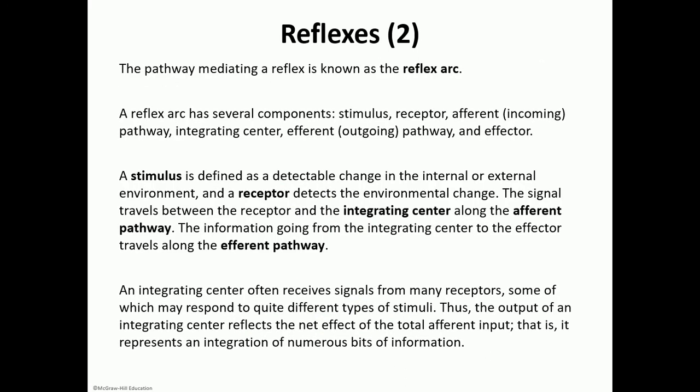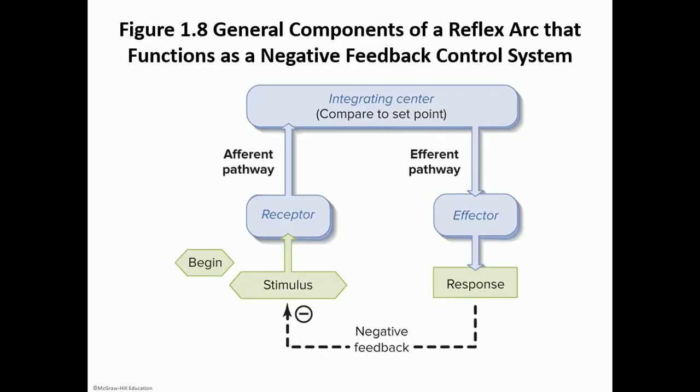Here is a general composite of the reflex arc. Again, the stimulus in this example was that flame or the burning sensation. And then the parts within the body: you have the receptor, and then the sensory neuron or afferent neuron that will take you to the integrating center, or the interneuron. It compares it to a set point, so obviously we shouldn't be in pain. Okay, and that interneuron will send an impulse through the motor pathway or the efferent